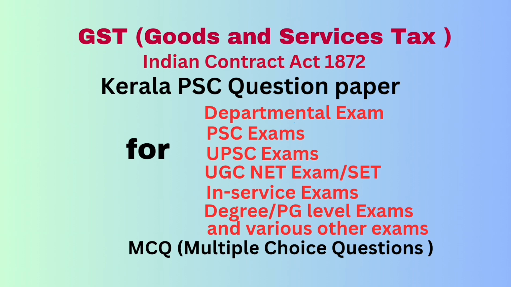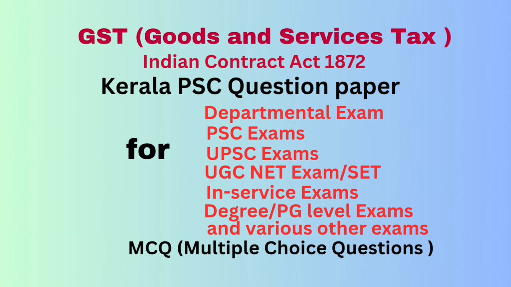Question number 1. When did the Central Goods and Services Tax Act receive the assent of the President? Answer, 12th April 2017. Question number 2. As per the Central Goods and Services Act, dash is the full amount a recipient of a supply is required to pay in order to obtain the goods or services, or both, when the recipient and the supplier are not related. Answer, market value.